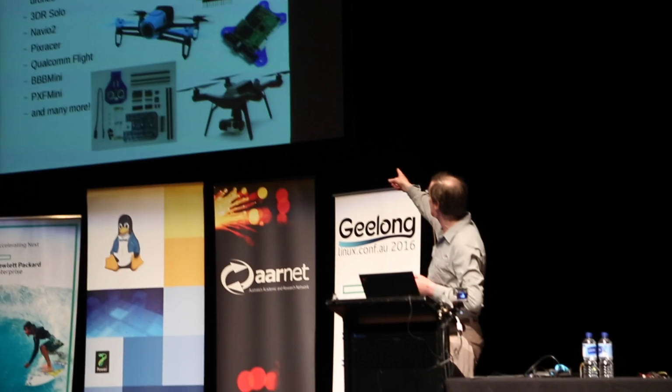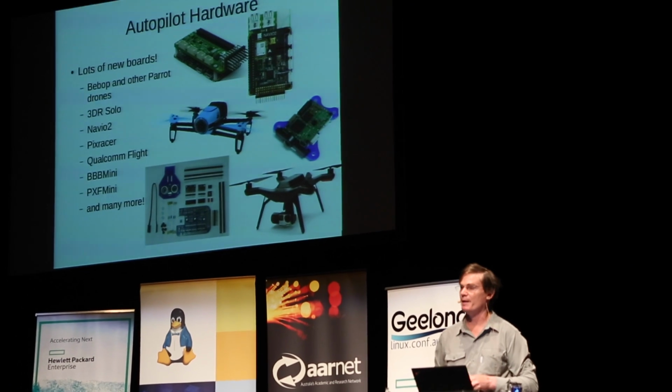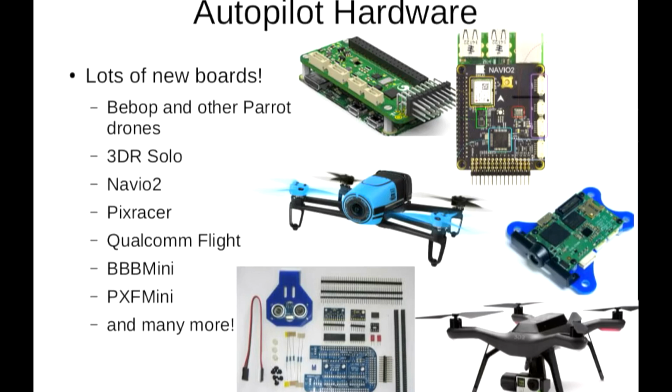And another one is the NavIO 2 in the top right there, which is based on the Raspberry Pi 2. It's a cape for the Raspberry Pi 2 that also provides an incredibly capable autopilot. So it's a wonderful time to... Oh, the top left one, of course, is the PXF Mini, based on the Raspberry Pi Zero, which is a really, really compact autopilot. The Raspberry Pi Zero is tiny and makes for a great basis for an autopilot in smaller aircraft. All right, so it's a great time to get into free software autopilots.